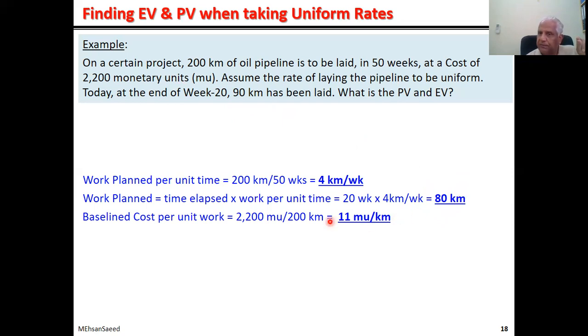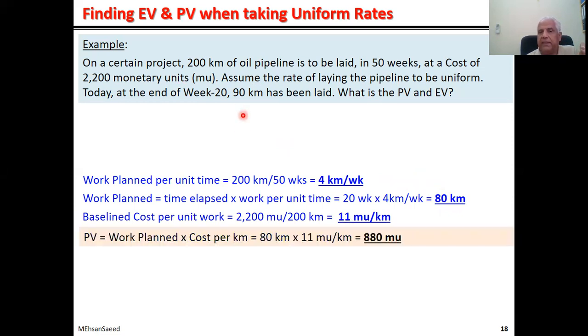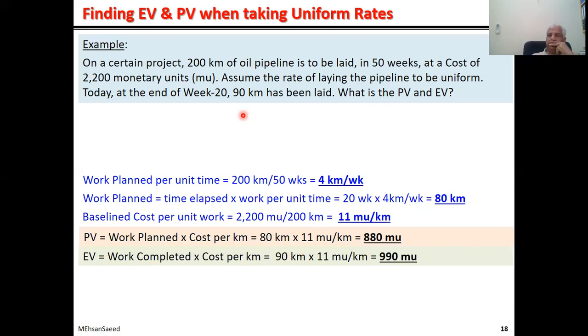But we know the cost of 1 kilometer. The cost of 1 kilometer is 11 million rupees, for example. So what will be the cost of 80 kilometers? 11 multiplied by this, 880. So 880 million rupees is your planned value. And since you have completed 90 kilometers, cost of one is 11. So 990 is your earned value. Simple. But an even simpler way